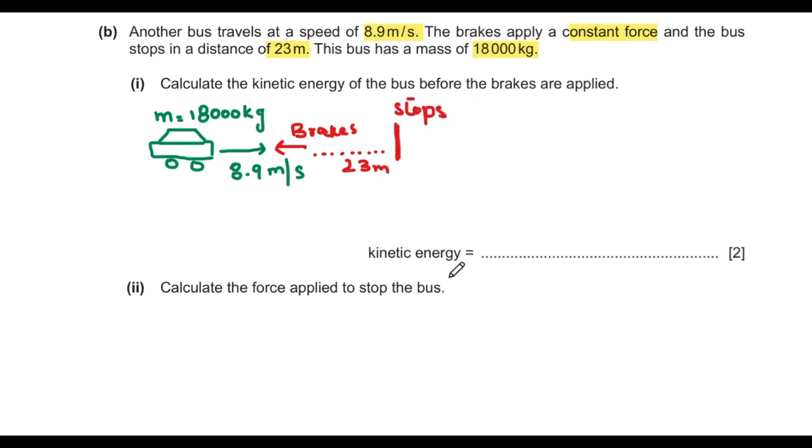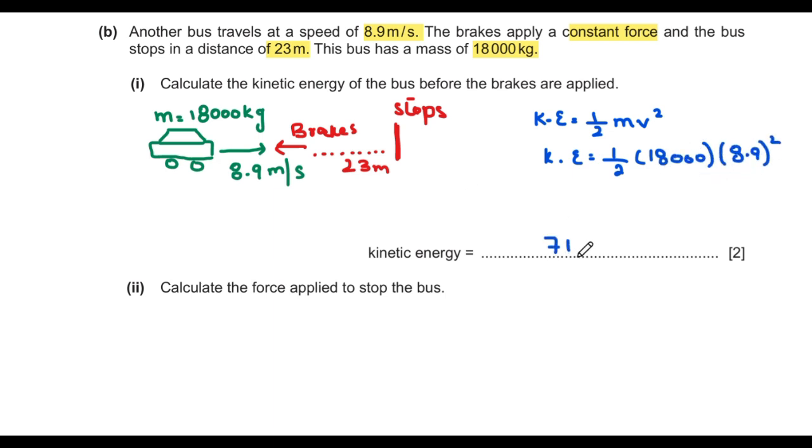So we are supposed to calculate the kinetic energy first. So kinetic energy is half mv squared. M is mass, which is 18,000, and V is velocity, which is 8.9. So I am taking square of it. So kinetic energy is 710,000